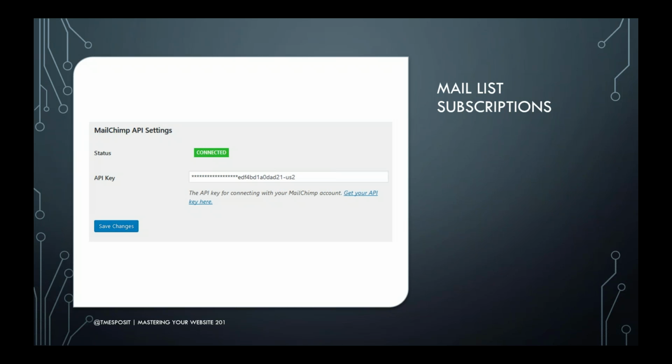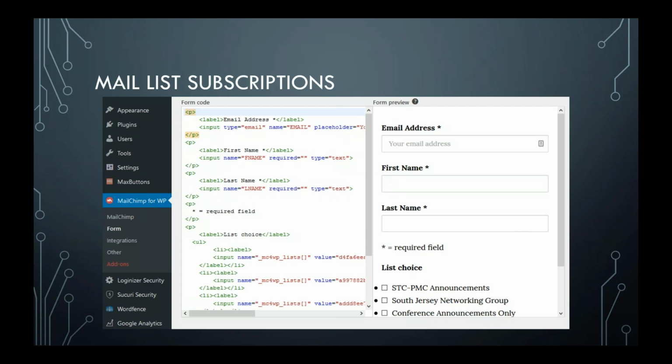You paste it in, you save the changes, and it drops you into this editor. So here we're in WordPress, and we've installed the plugin, and it's some basic HTML, which you have the option of manually coding, or you can use a form builder to build this. So what we have here is on the left, the HTML, and on the right, what the general output would look like. So here we have email address, first name, last name.